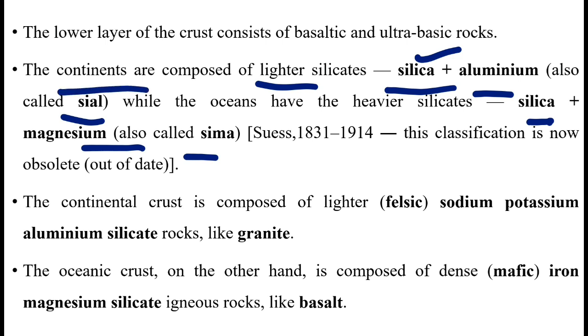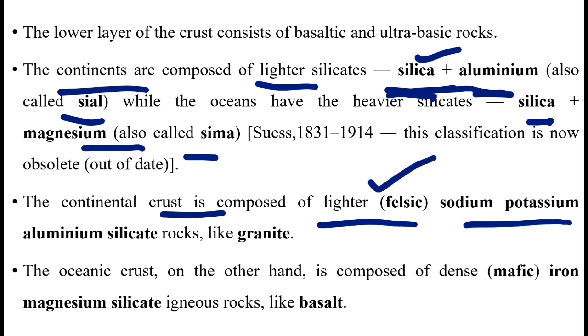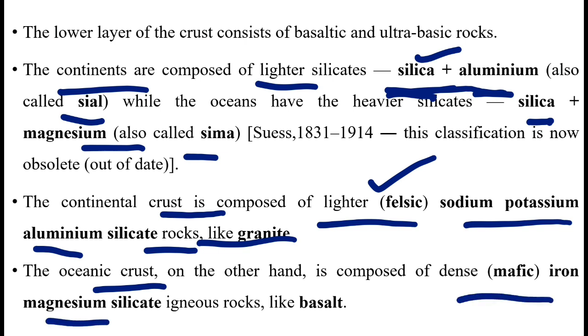So in continents, the outer layer consists of silica and aluminum, while in oceans they have heavier silicate which consists of silica and magnesium. In case of continents they are known as Sial, and in case of oceans they are called Sima. The continental crust is composed of lighter, that is felsic, sodium, potassium, aluminum silicate rocks like granite. The oceanic crust on the other hand is composed of dense, that is mafic, iron, magnesium silicate,